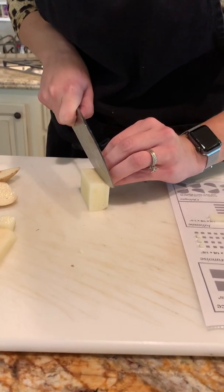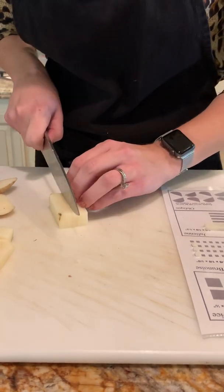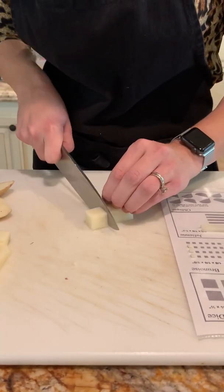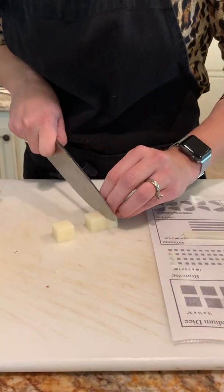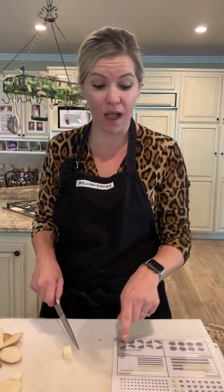So I know I need to go larger for that. I make a larger plank, a larger stick, and then I'm gonna go a little bit larger here. And there you go, right into my boxes. Okay? So there's the knife cuts for your large dice, your medium dice, your small dice, your brunoise, your bâtonnet,